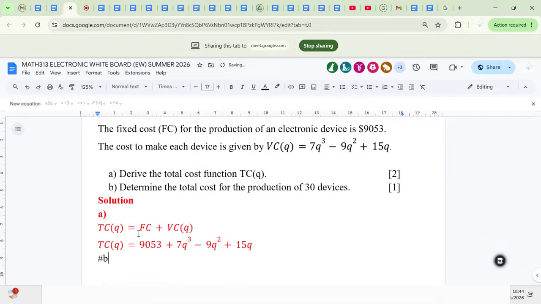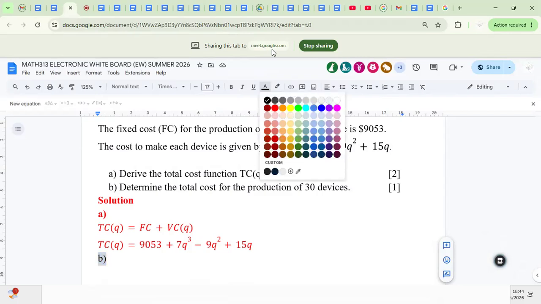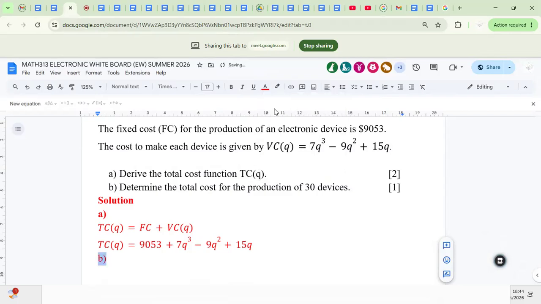Now part B is asking, determine the total cost. So in part B, your answer must be a number. It will be the total cost itself for the production of 30 devices. So therefore